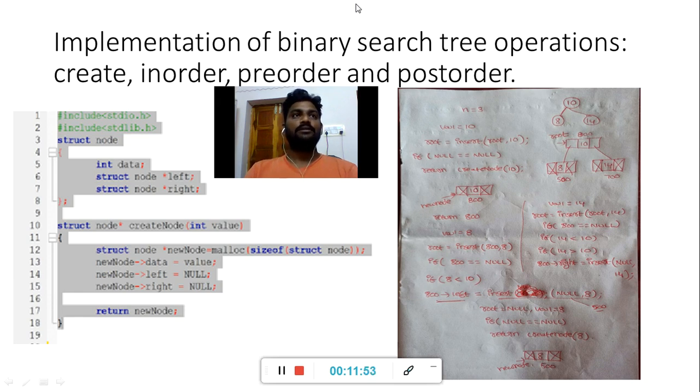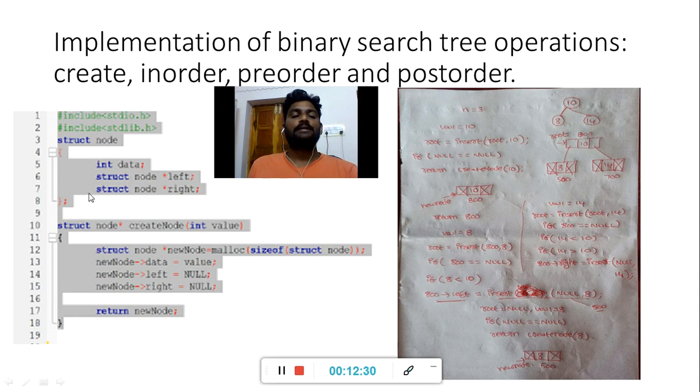Using the linked list concept, the given tree can be represented in memory with the help of a self-referential structure. How to declare a self-referential structure? It is defined with the keyword struct, followed by the tag name, which is the structure name. Here the structure name is node. What is a self-referential structure? When one of the structure members can point to the same structure, it is called a self-referential structure.